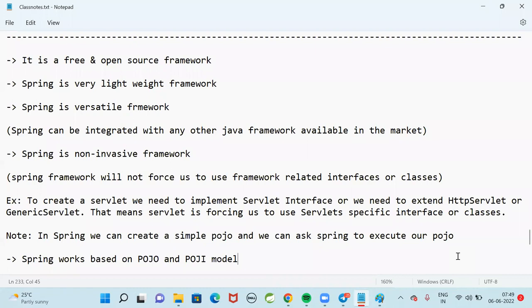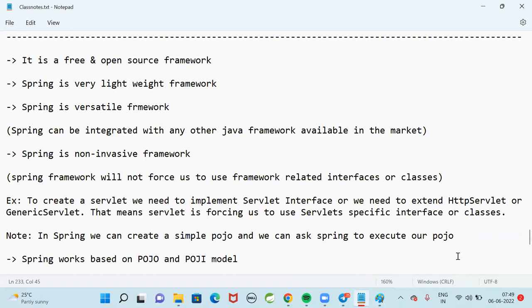I will come to those later. For the time being, Spring is a free and open source framework. Spring is a very lightweight framework. Spring is versatile, meaning it is easily integrated and can mingle with others. Spring Framework can be integrated with any other Java framework available in the market.